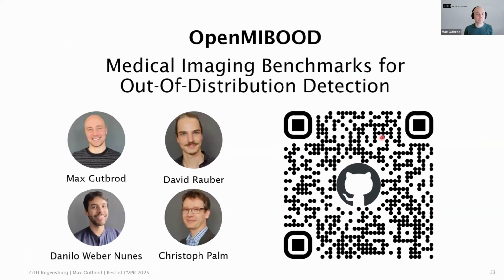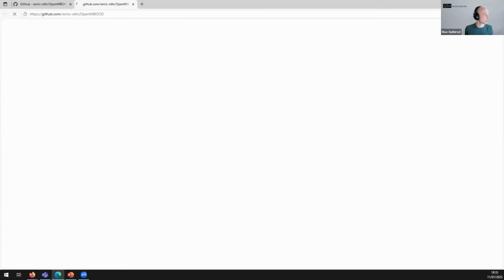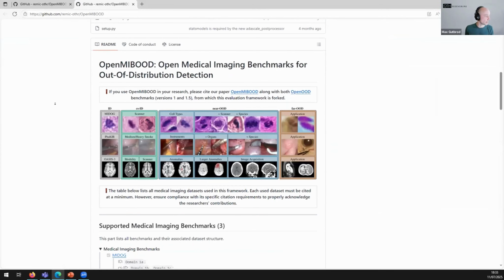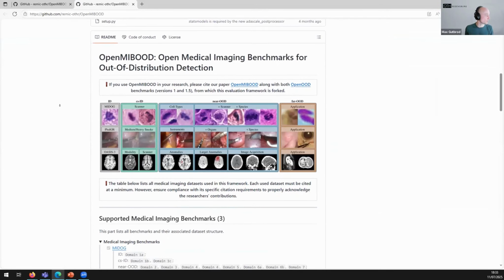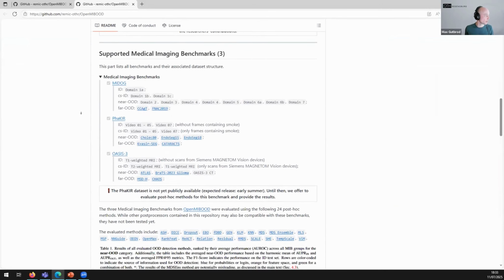Okay, so with this, I'd like to mention that all our work is completely open source, and you can clone our repository and run your own experiment using our medical imaging benchmarks. I'd like to scroll real quick over our repository on GitHub, where you can see we linked the paper and the original framework. You can see all our benchmarks and how we designed them.